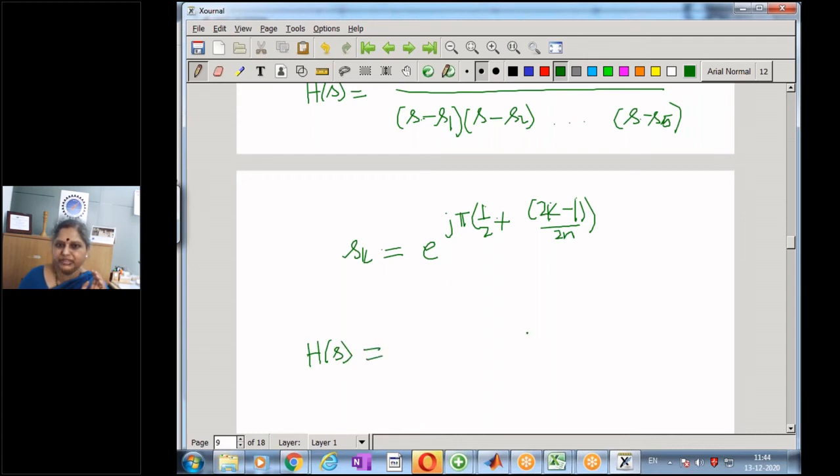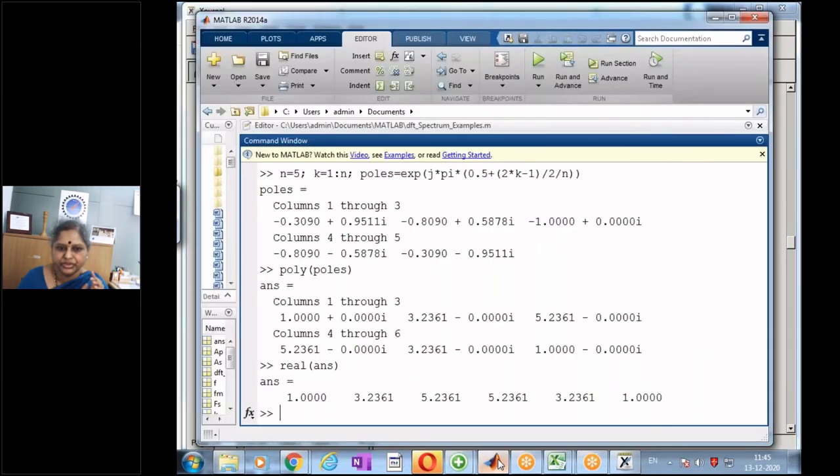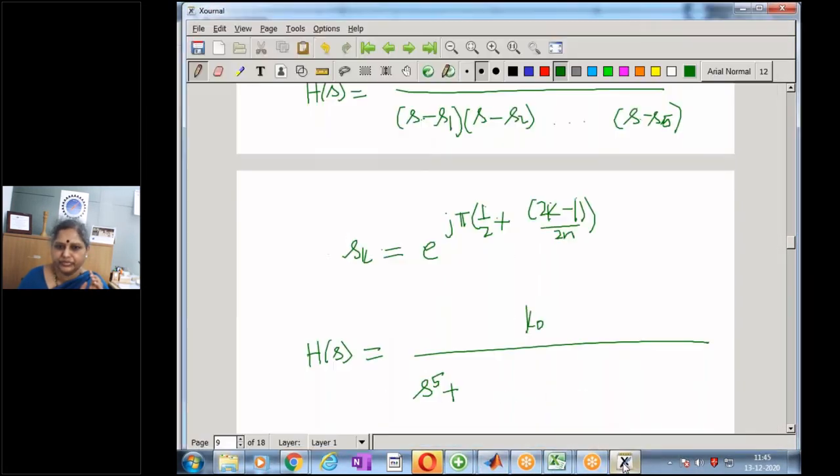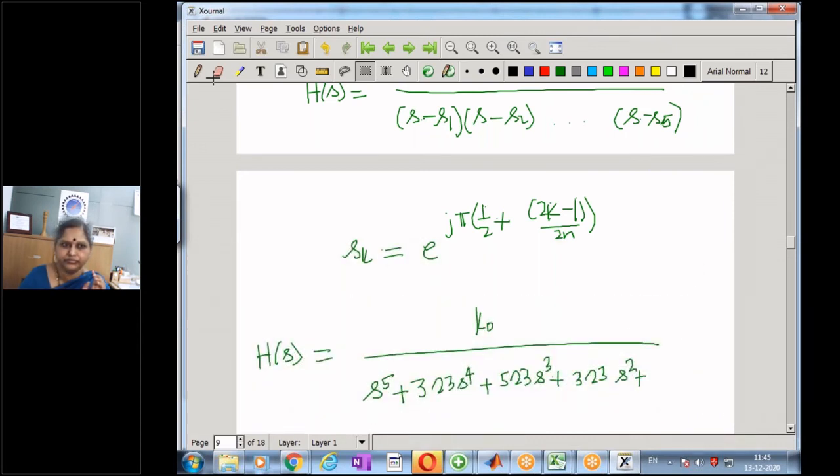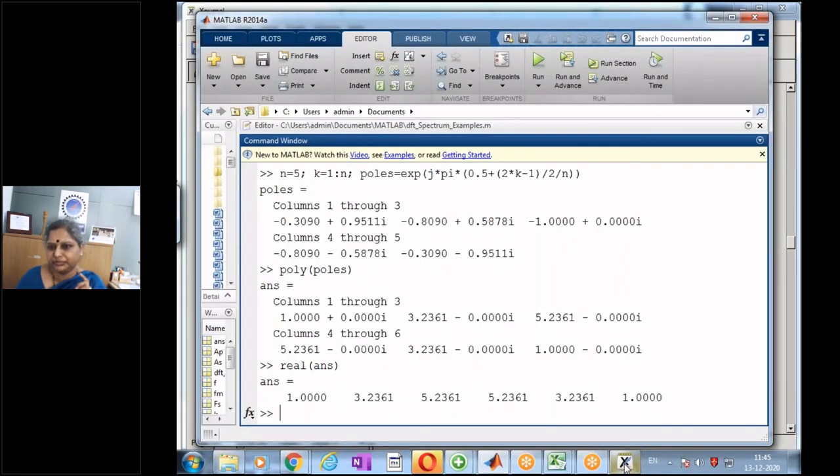After getting the poles, I have my transfer function H of s as K0 by, so fifth order, so s to the power of 5 plus 3.23 s to the power of 4 plus 5.23 s cube plus 3.23 s square plus